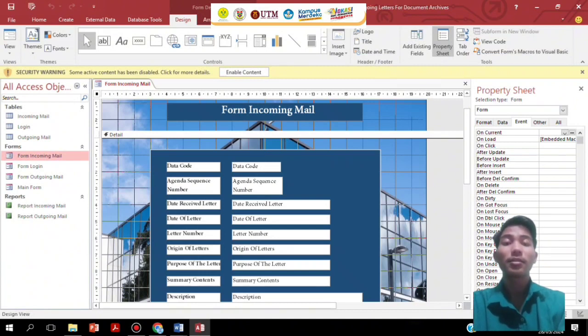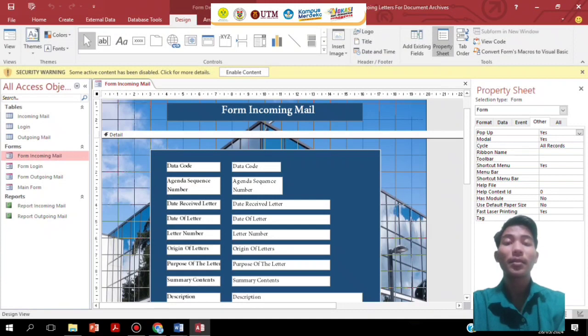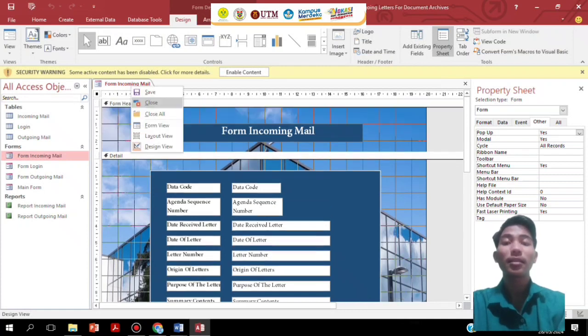You can add to the design to make it visually appealing. Click on the order and then select the pop-up model to change it, yes. This adjustment will improve the appearance of the form on the screen. Click Close. Once you have finalized the design and the command settings, click on the Close option.